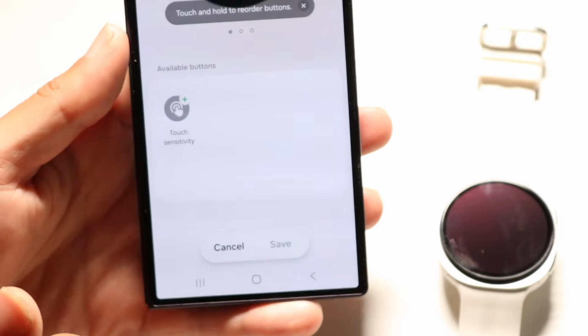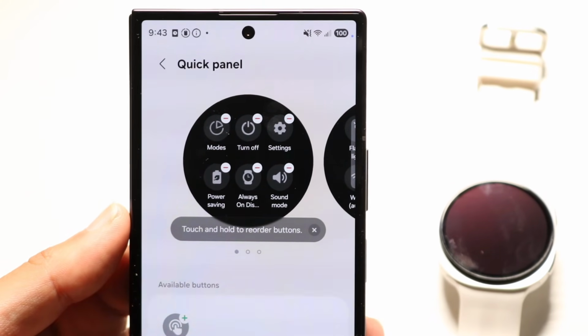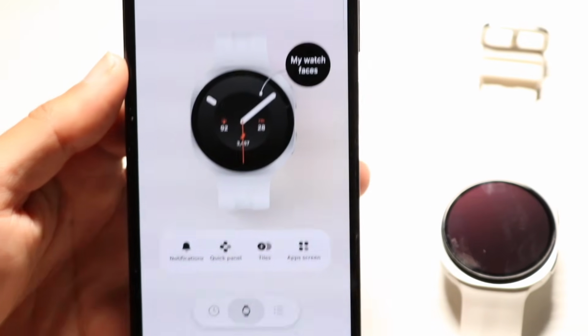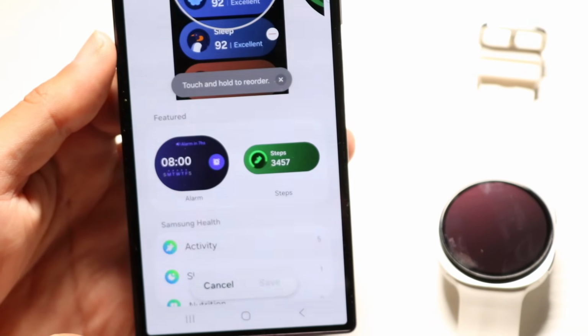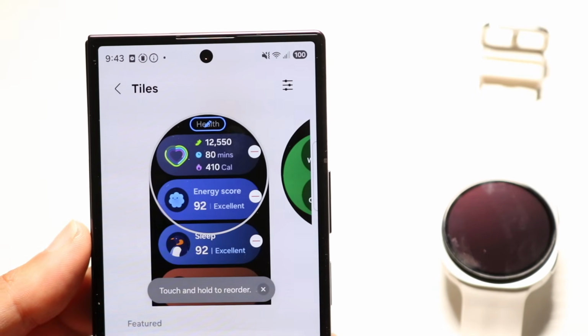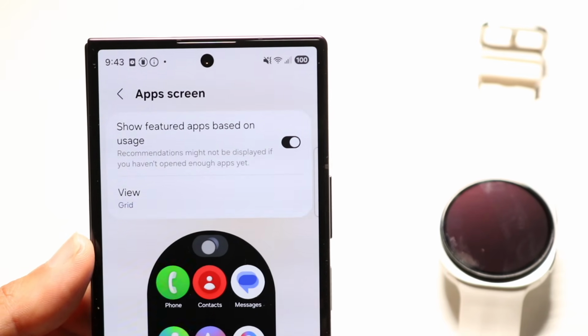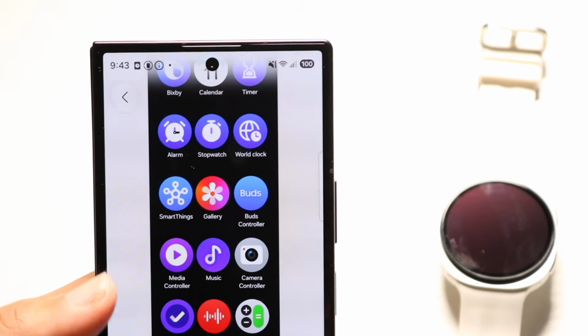Same thing under quick panel. If you want to change your quick panel, you can also come right over here and change those particular options here as well. Same thing with tiles. If you want to choose tiles, you can also change your tile layout, your tile setup right over there as well. And then under app screens, you can change how your app screens are showcased, and you can hold down